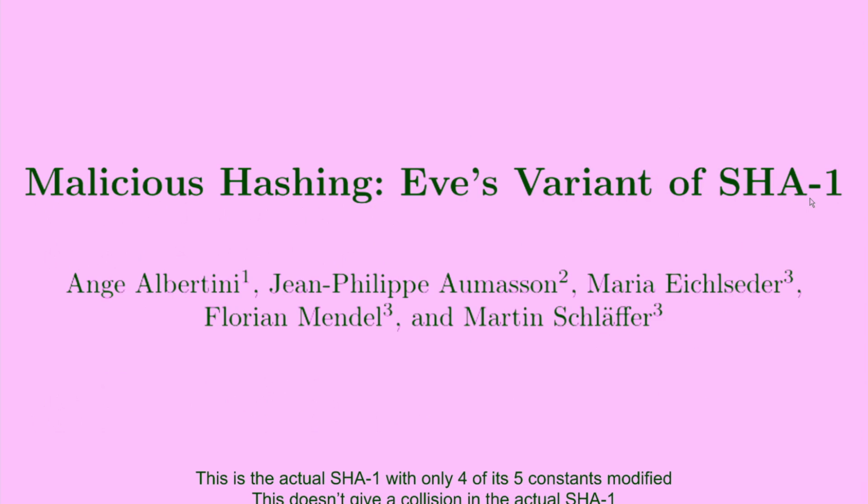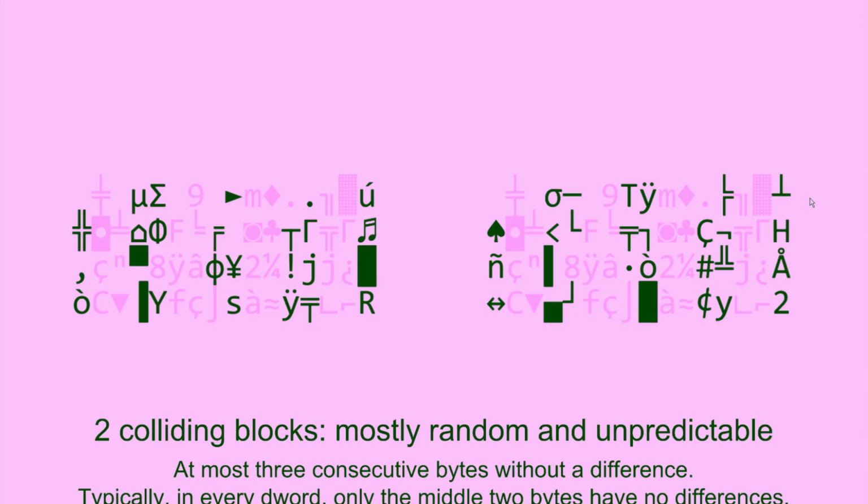Okay. I also worked with famous cryptographers, and they created a collision of a modified version of SHA-1. So this is the full SHA-1, all the rounds, but SHA-1 has 5 internal constants, and you just modify 4 of them so that it still looks secure like SHA-1, but we actually can control something and get a collision. Okay, the collision rules are complex, and it gives you this. So you have these 2 blocks that collide, really impressive. And the rules are a bit complex.